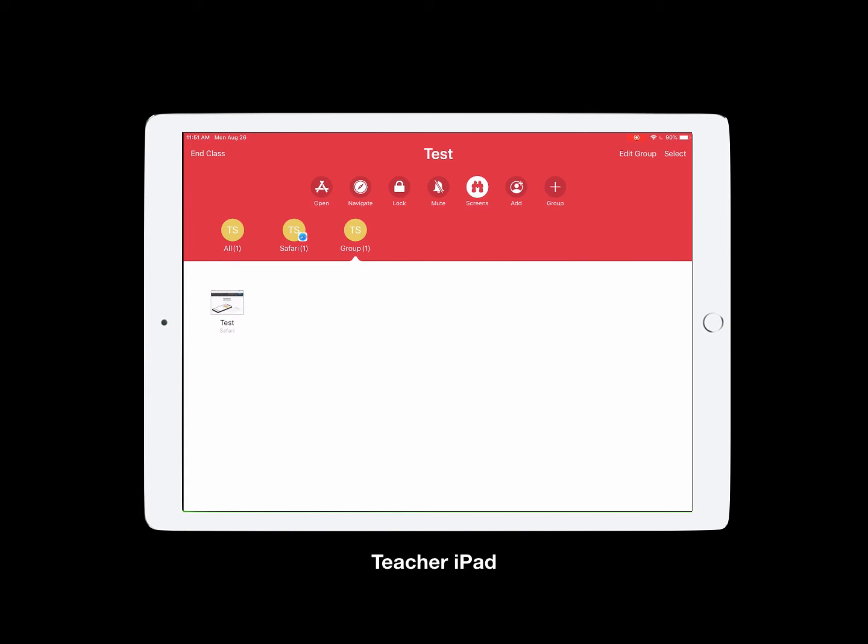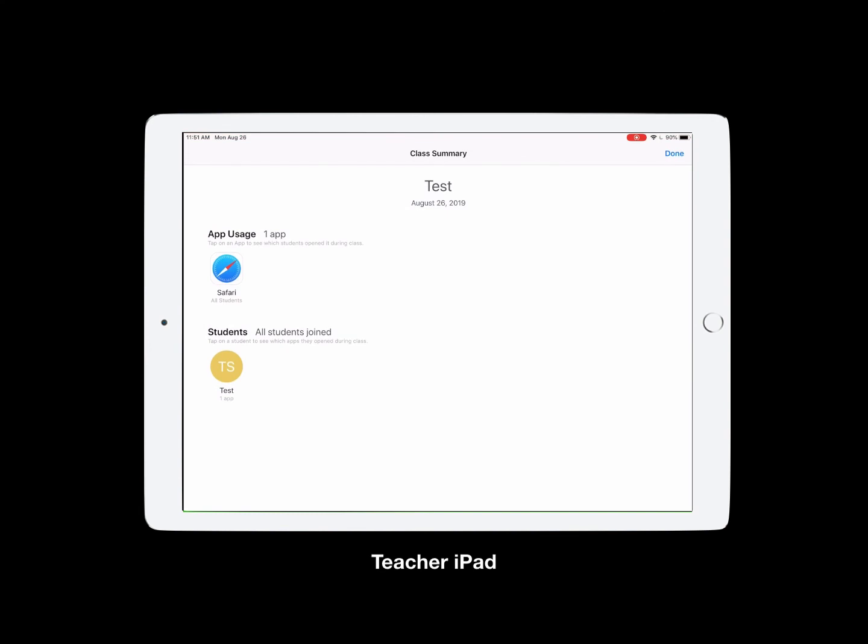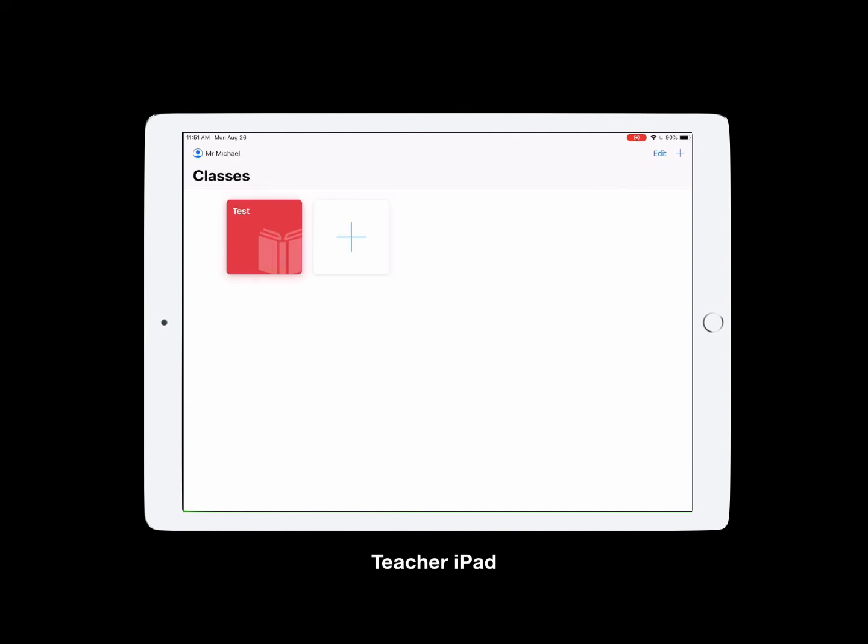Once you have finished the lesson, you can press End Class in the top left-hand corner, and it will give you a breakdown or a summary of what apps they've used, which students were joined in with that lesson. You only need to set up Apple Classroom once with each student. So if you've got a class and you set up the whole class in one go, that is